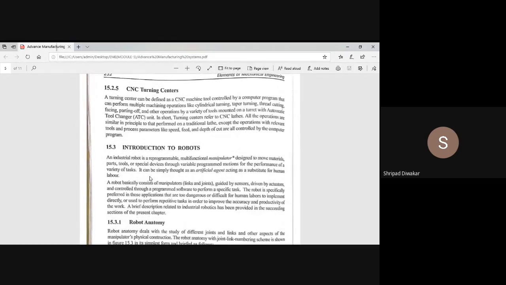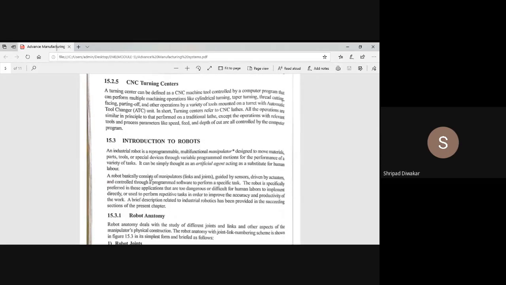This turning center or CNC lathe is controlled by computer programs and can perform multiple machining operations, like whatever operations we do on lathe machines: facing, cylindrical turning, taper turning, thread cutting. All the operations are performed by the CNC lathe, called a CNC turning center, and all operations are controlled by computer program.